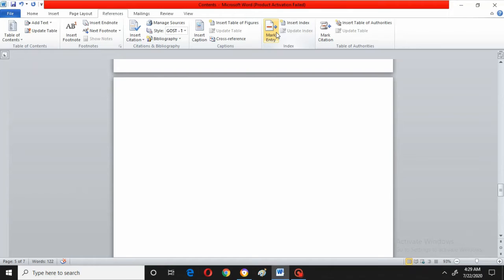Just open the textbook and come to the end page of the textbook, and you will find some different hard words or new words. After each word they give the page number of that word. That means that so and so word is displayed in that particular page. By seeing that page number, you can open that page and see how the word has been displayed there, and you can see the meaning. So for that purpose this mark entry is used.